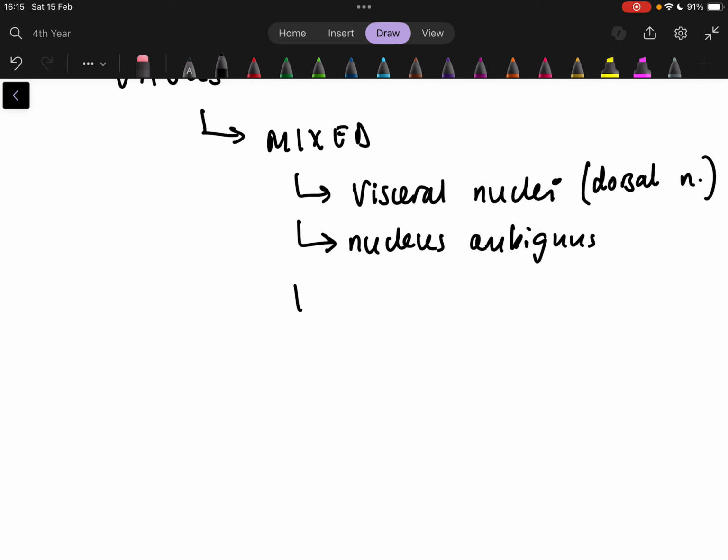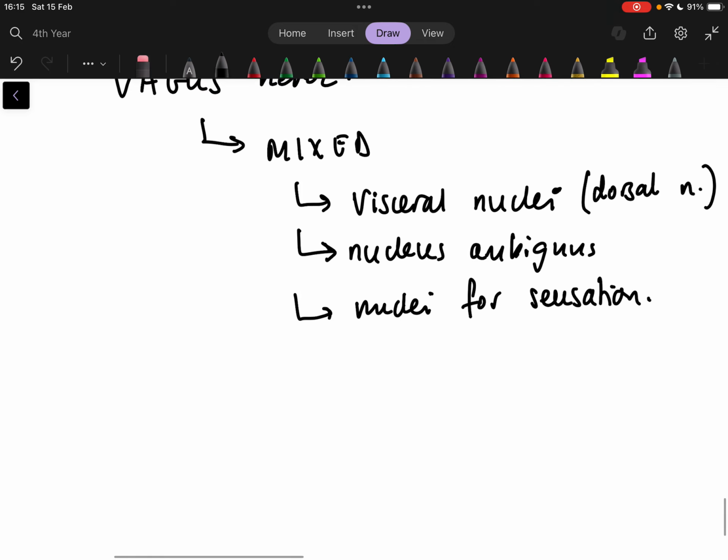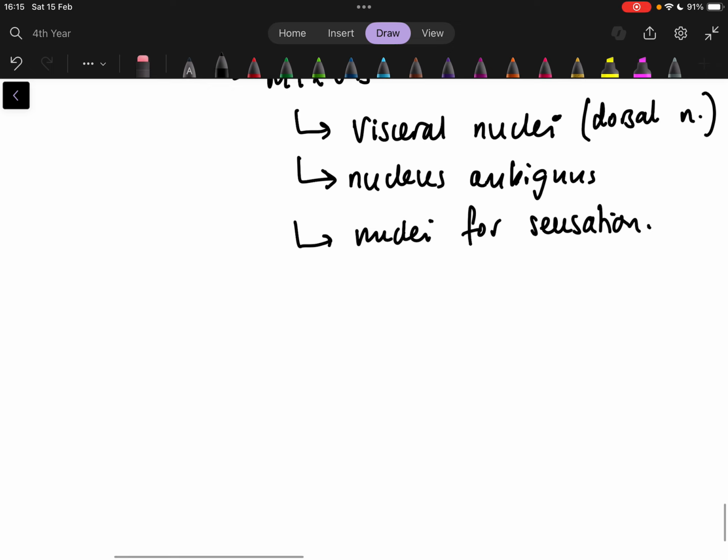Okay. We also have just general nuclei for just general sensation. Okay. And yeah, what else is there? That's pretty much it. The examination is going to be pretty much the same as the glossopharyngeal nerve. The anatomy is pretty much the same. So it comes out from the medulla oblongata. It goes out from the jugular foramen, and there's actually two ganglia